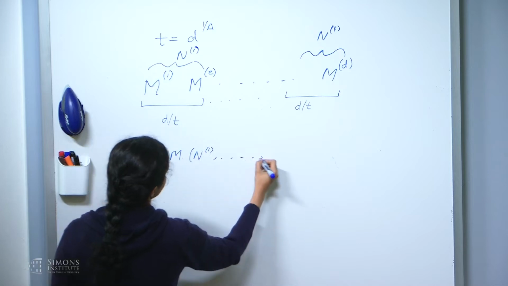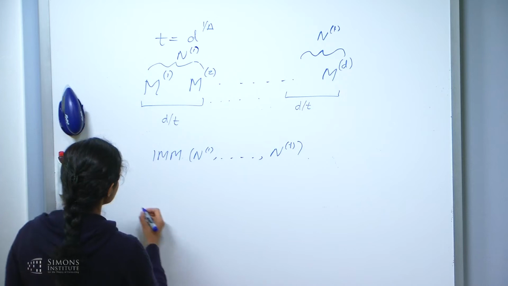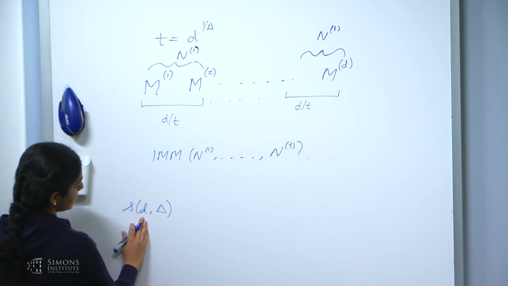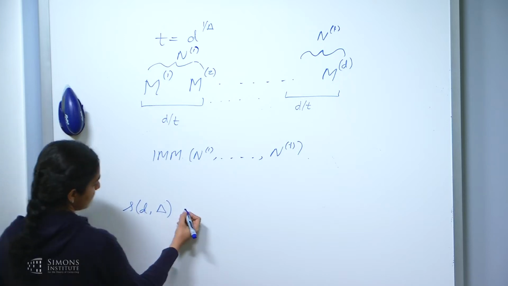And then you can write a simple recurrence which basically says that if I'm trying to multiply d matrices and I want a resultant circuit of depth delta, then in fact